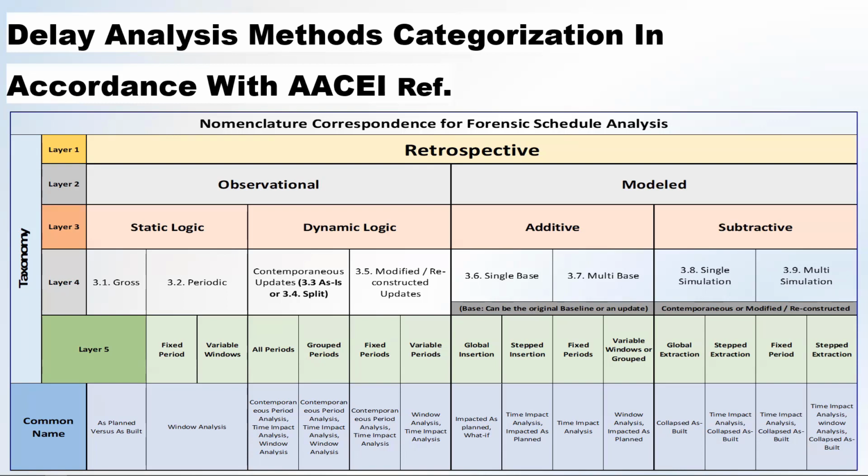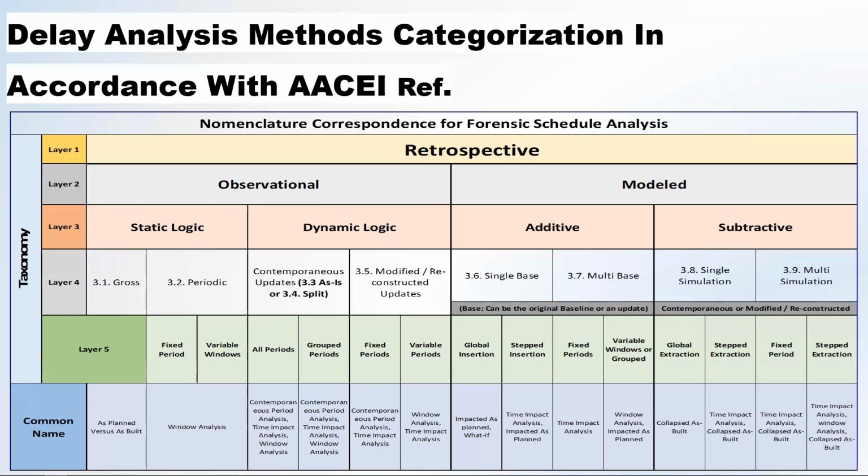3.2, 3.3, 3.4 are technically the same. You are doing the same steps. You are slicing and studying the impact of the events, the delays, not as fragments, but as change in critical path in segmentation. So window 1, window 2, window 3, window 4, window 5. The only difference is that